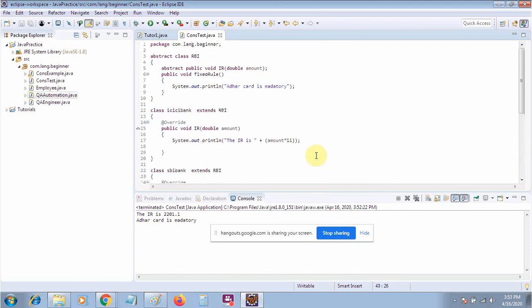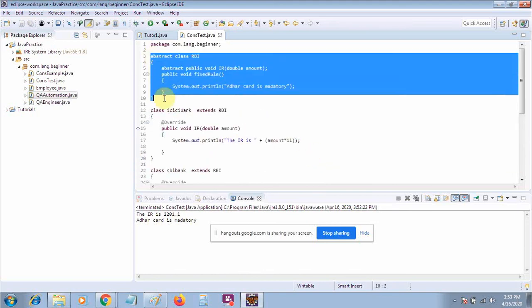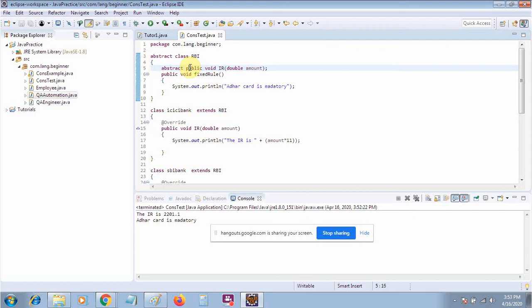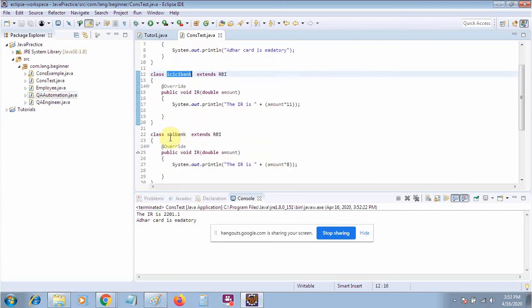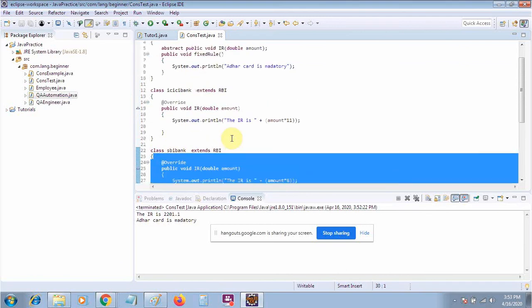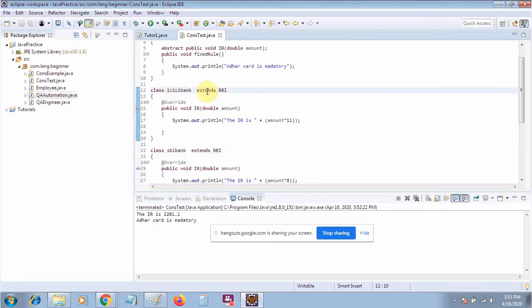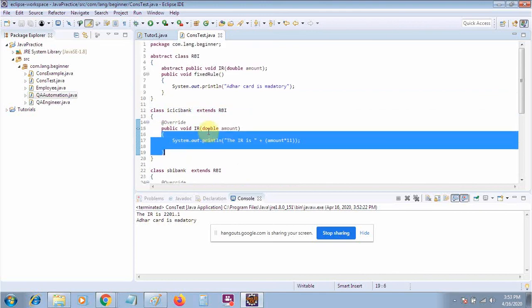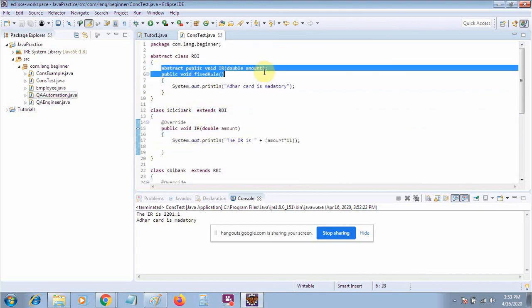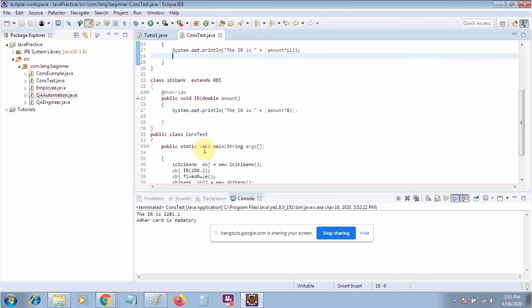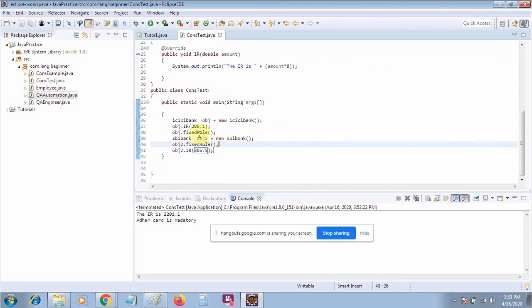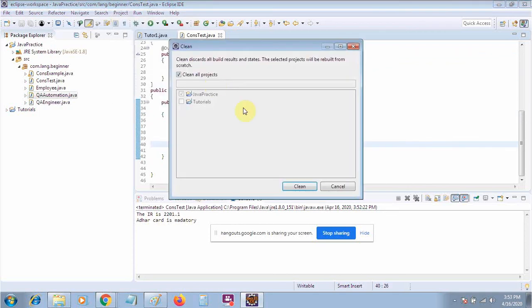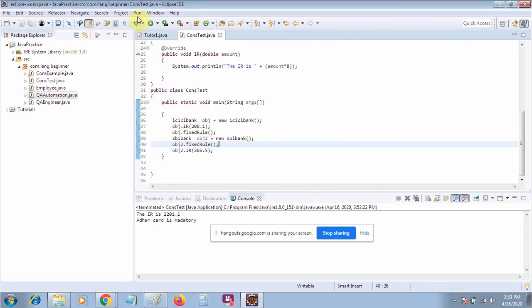Okay, so we have one main class, meaning one parent class, which has some abstract methods and also some non-abstract methods, also known as concrete methods. Some other classes extend that abstract class, and whenever any class extends it, it has to create the body of the method which has been declared. So they will create the body of this method, and by using the object of that class, we can express the different methods of the different classes.